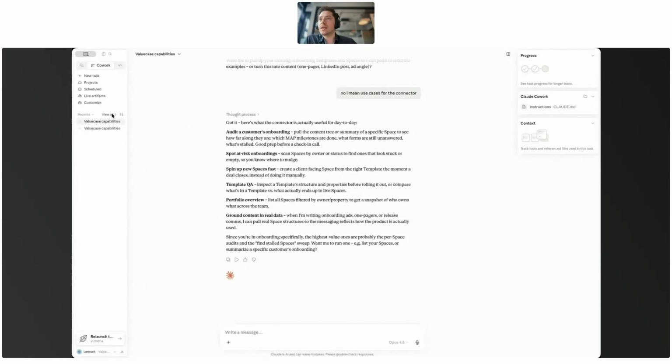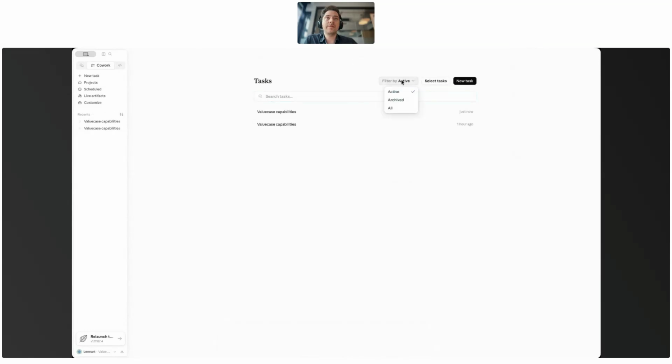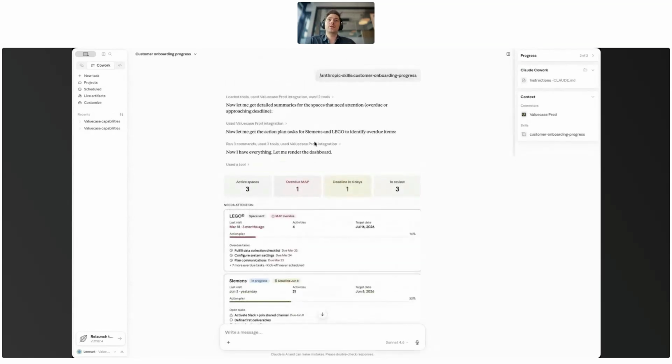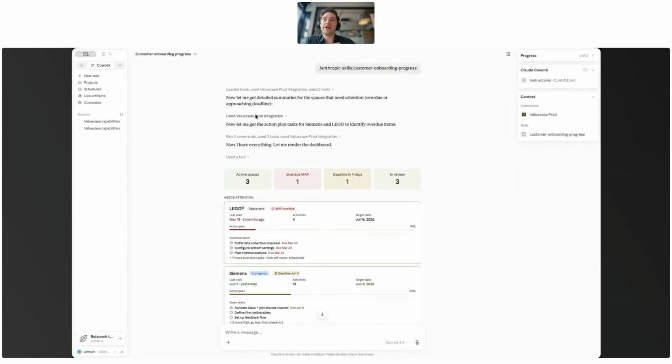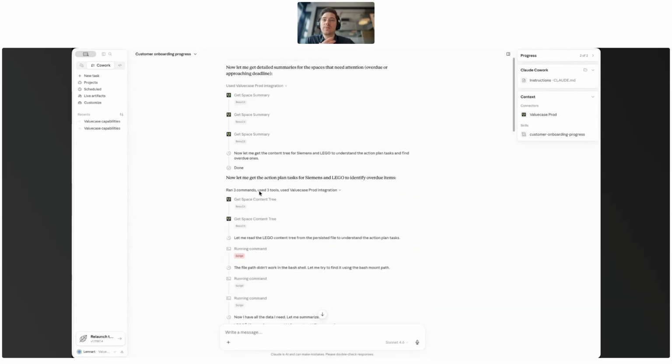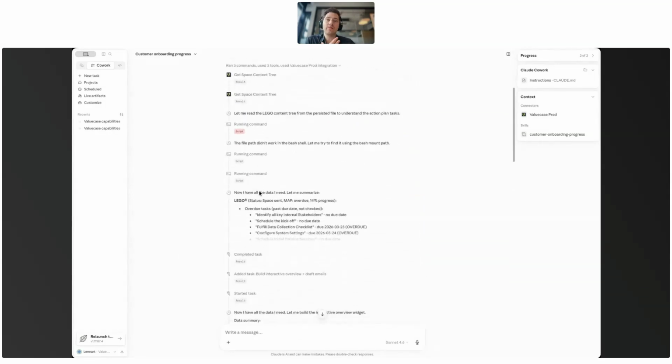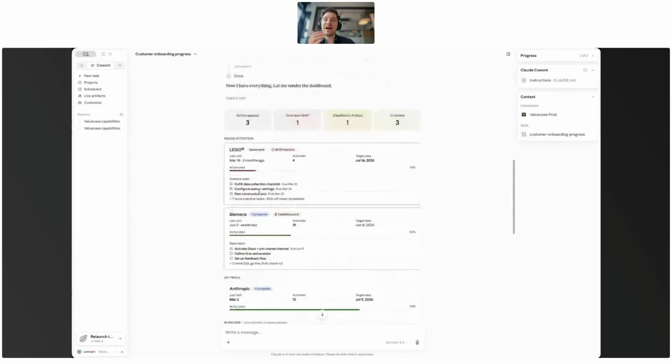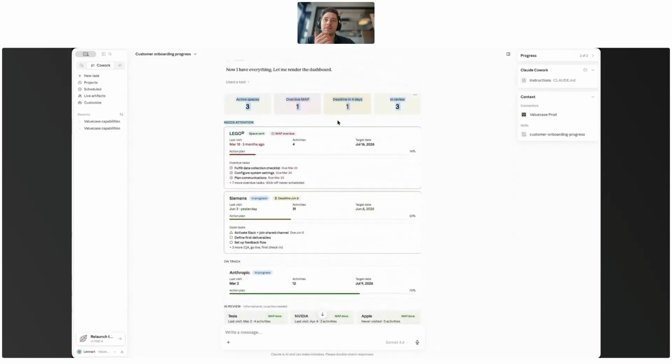And as soon as you're there, let me just go to view all because I have a few archived tasks here already. As soon as you're there, you can do, for example, things like this, which I used the skill for, the custom onboarding progress skill, and I will do that manually in a second. And as you can see here, it went into Valuecase, it got space summaries, it understood which spaces are overdue, which have a problem, and really did a lot of tasks and said, okay, I have 3 active spaces, 1 is overdue, 1 deadline in 4 days, and gives me this very neat summary,